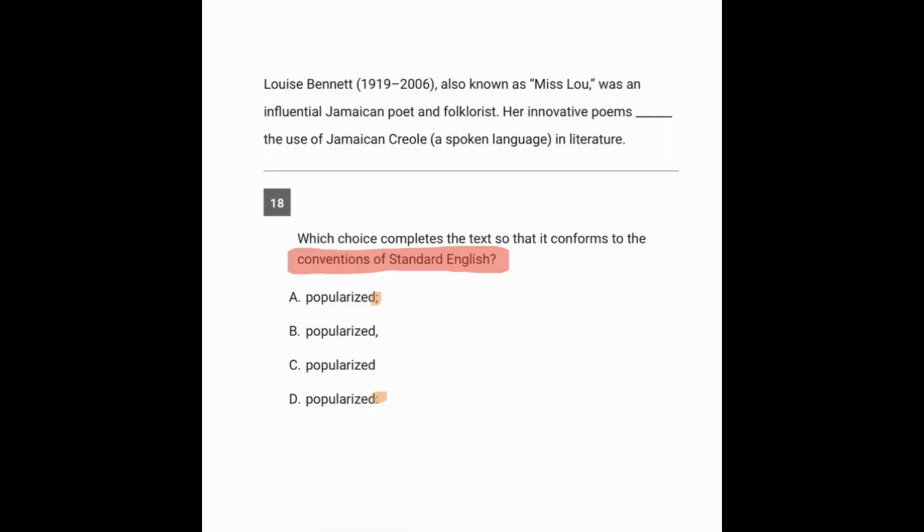So now let's go ahead and read what we have at hand. This person, also known as Miss Liu, was an influential Jamaican poet and folklorist. Her innovative poems popularized the use of Jamaican Creole in literature. So we have a ton of momentum. Her poems popularized the use of Jamaican Creole. So we definitely don't have two independent clauses, and we don't have an independent clause followed by something that describes the first part. And talking about answer choice B now,